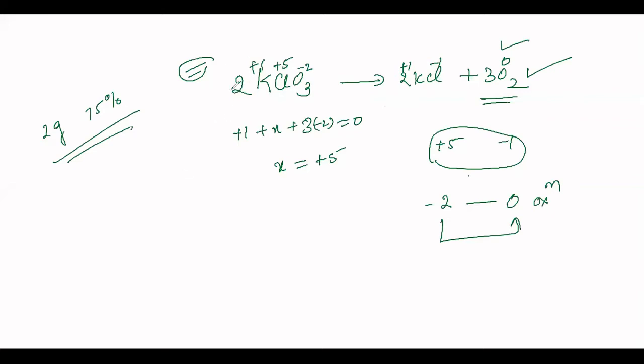Or sometimes 2 gram of this gives these many grams of oxygen. What is the percentage purity of this? That is the second kind of question. Third kind would be 2 gram of 75% or 80%, whatever, KClO3 is heated. What is the percentage of decreasing mass? These kind of questions, okay? So this is stoichiometric calculations. Perhaps you can do all these things. Fine.